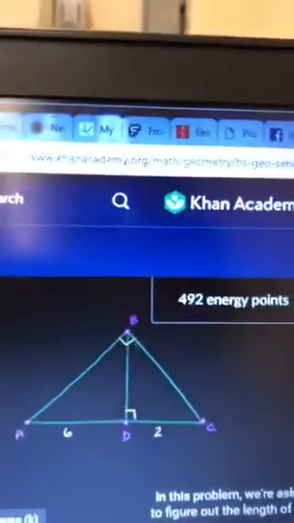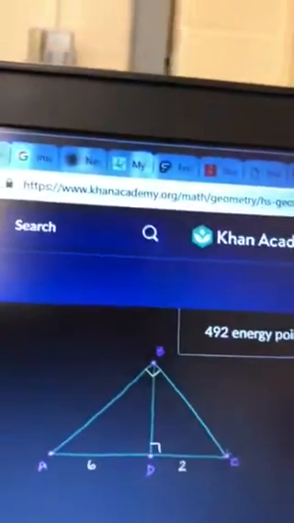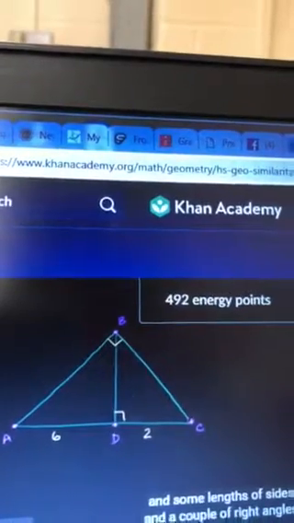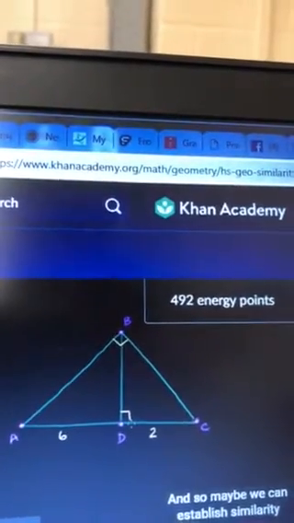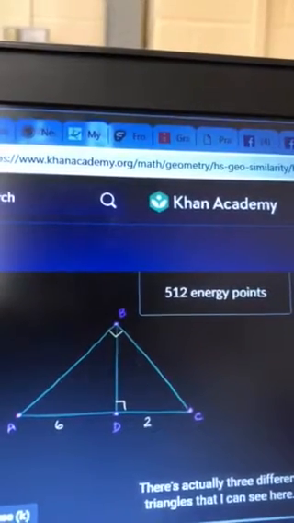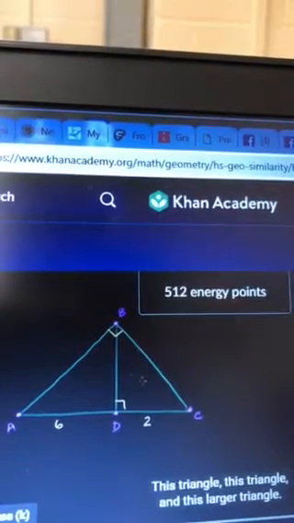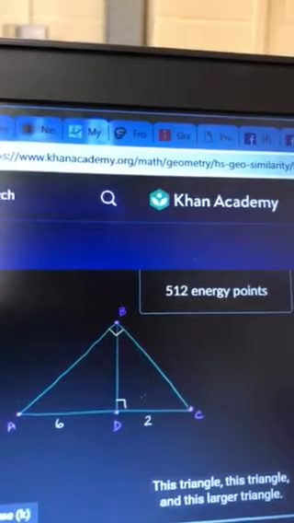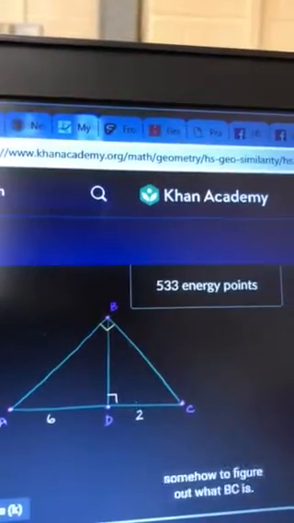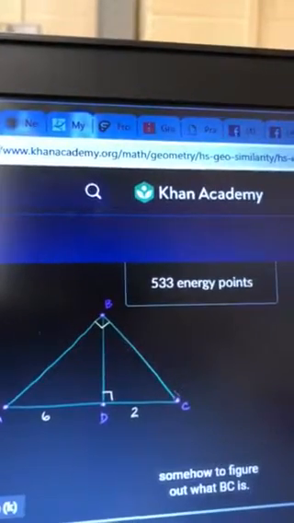Has to figure out the length of BC. We have a bunch of triangles here and some lengths of sides and a couple of right angles. And so maybe we can establish similarity between some of the triangles. There's actually 3 different triangles that I can see here. This triangle, and this larger triangle. If we can establish some similarity here, maybe we can use ratios between sides somehow to figure out what BC